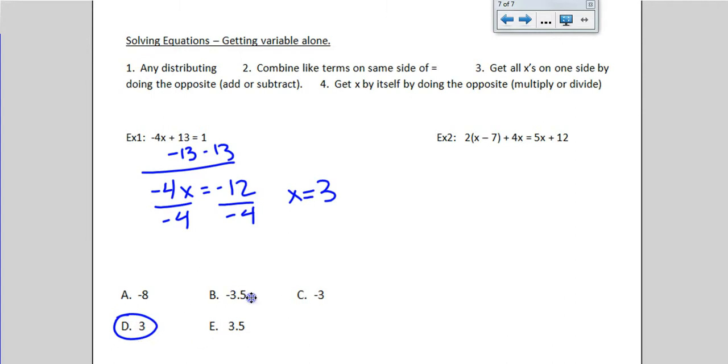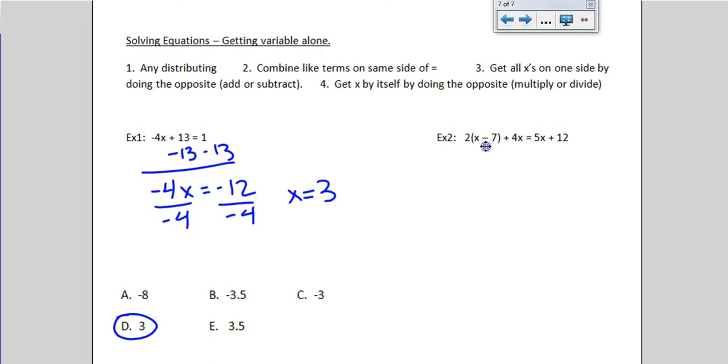Now notice from the answers, -3 was an answer, which is a very common mistake if someone just kind of lost a negative because they're rushing. A lot of children tell me that this 1 minus 13 gives me a 14. And if you take 14 and divide it by 4, that's how they got the 3.5s. So there's a lot of common mistakes that you need to watch out for. Even though I know you can do that problem in your sleep, when you're stressed out on an ACT test,